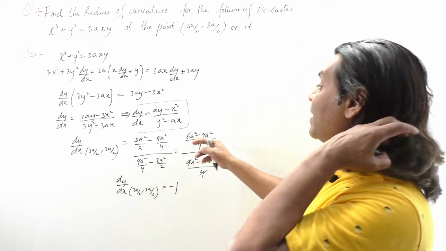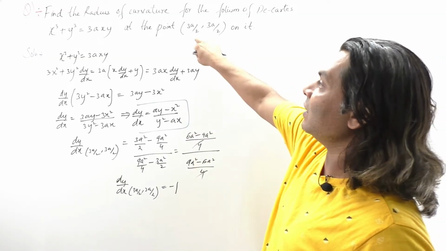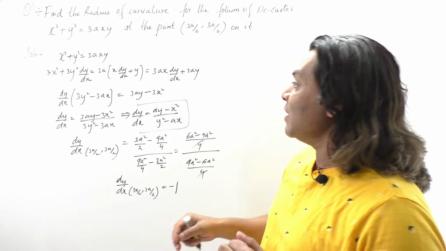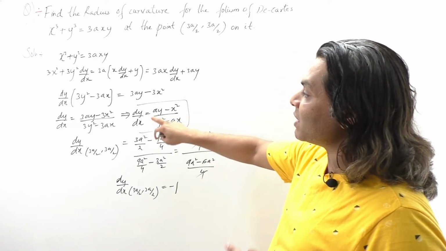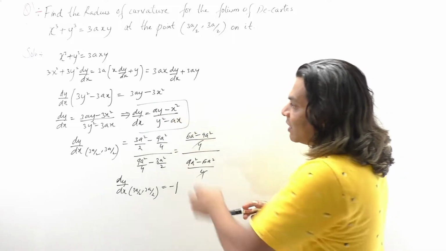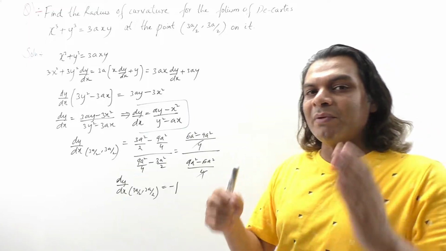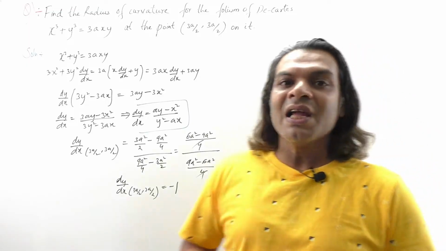Now we need to find d square y by dx square using this dy by dx and again put the points on it. Now to find d square y by dx square, there is division, that is first function upon second function. That means we need to apply the quotient rule of differentiation here. If you have forgotten the quotient rule,